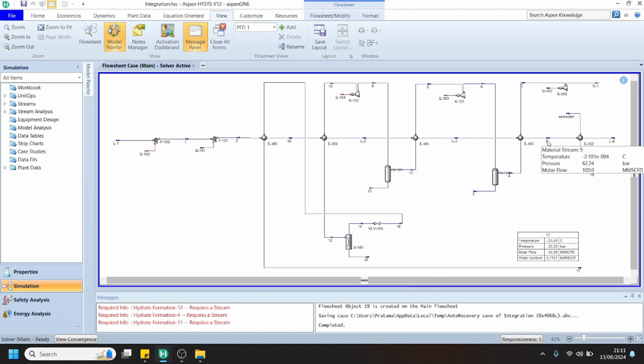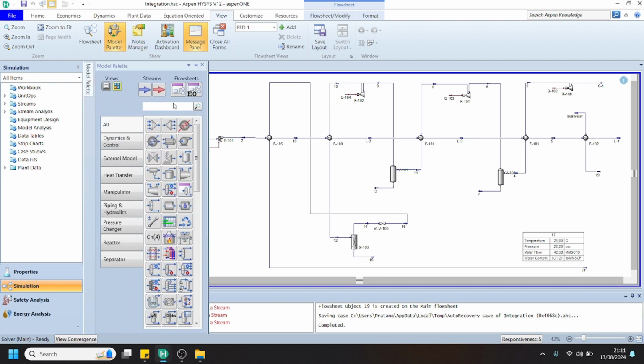Then we are going to adjust this temperature of this stream, which actually approximately 0 centigrade, by adjusting the